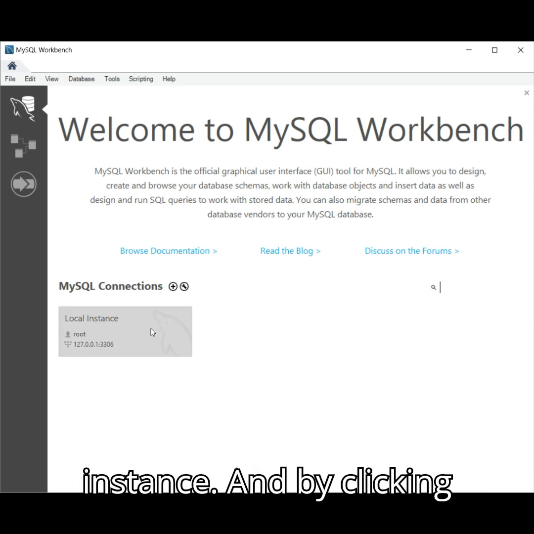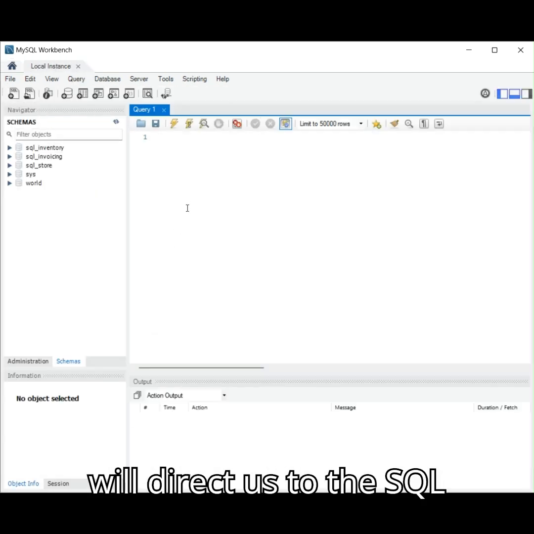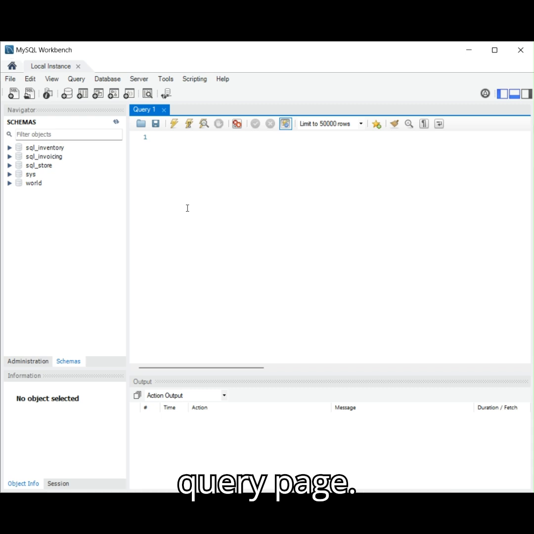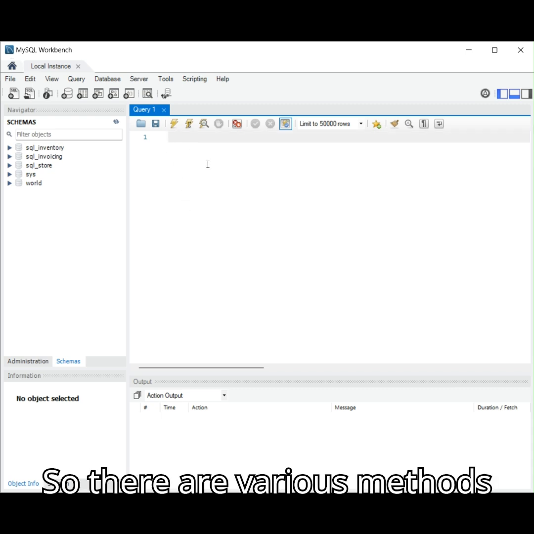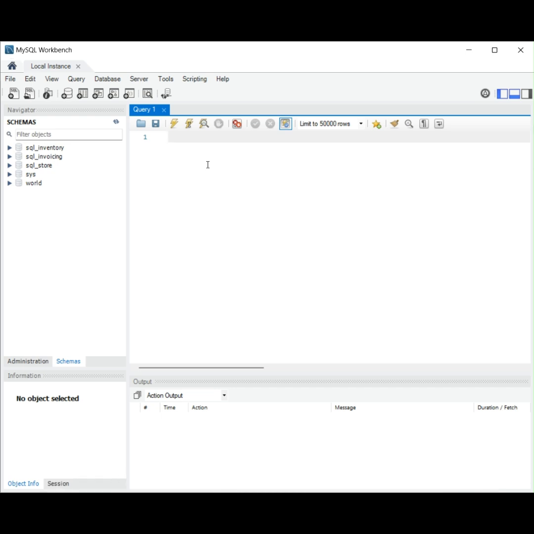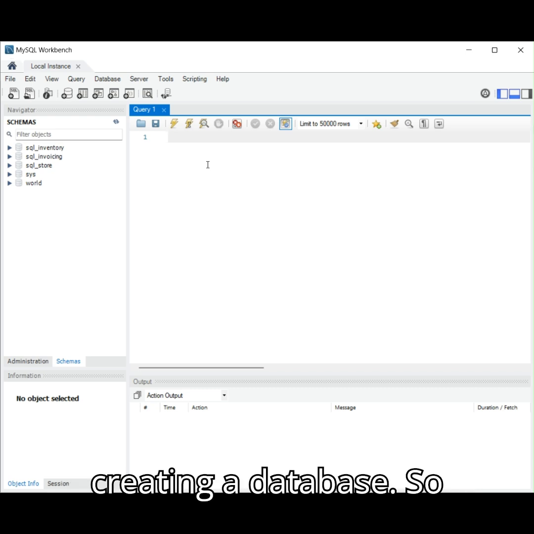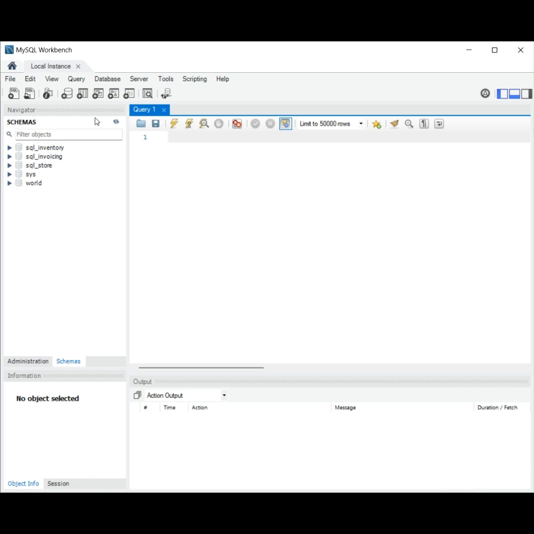This is the local instance, and by clicking on this local instance it will direct us to the SQL query page. There are various methods to create a database, and today we will use the most easy and simple method of creating a database. We just have to write a simple query like create database,